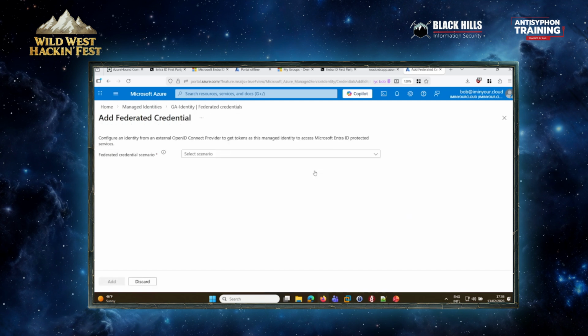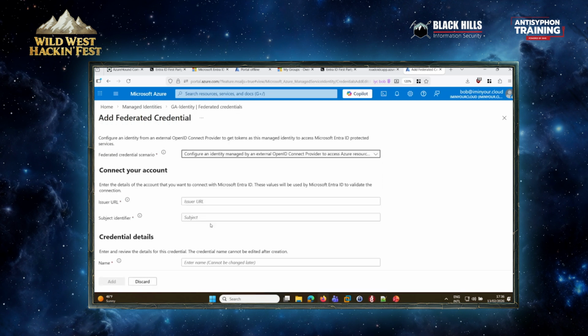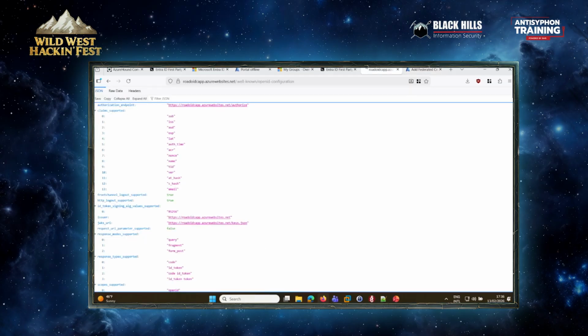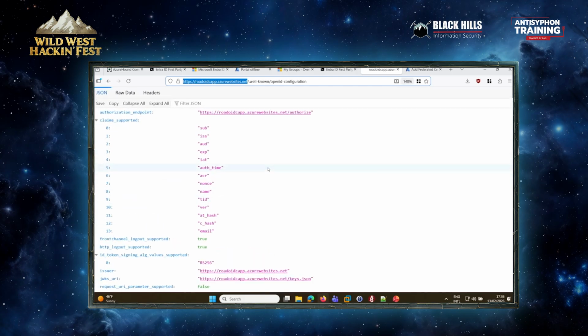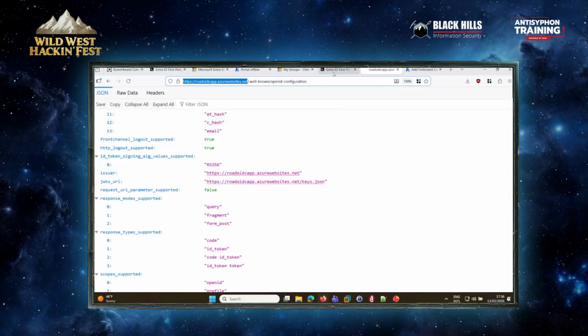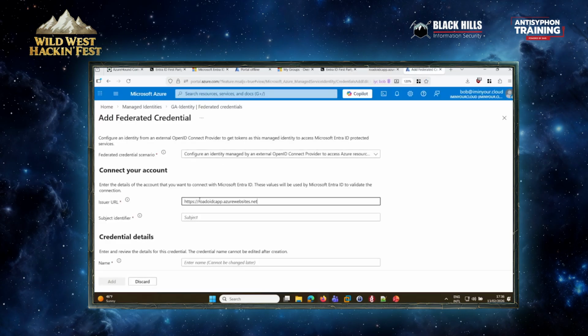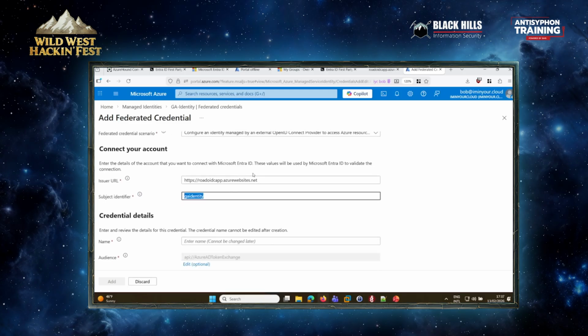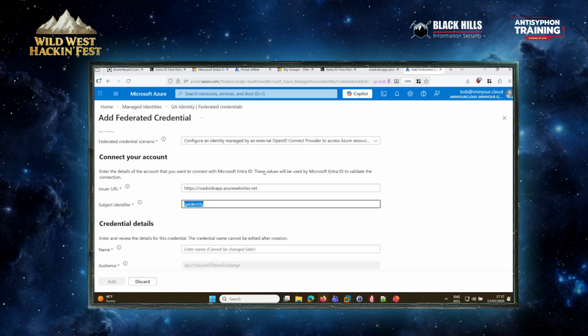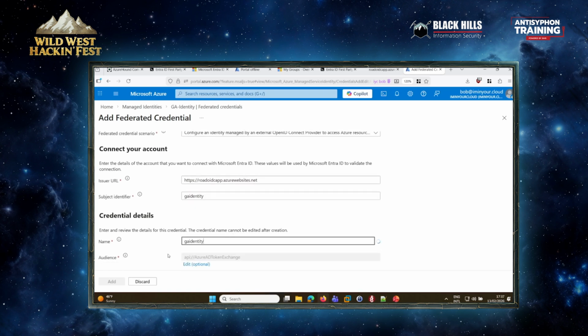And I do happen to have an identity provider available, so that's going to be this one. This is just a very simple federated identity configuration. This is the OpenID config. I have some keys that I can use to sign these things. So I'm going to do that, and the subject is going to be the GA identity. With federated credentials, you're basically saying this identity provider can now authenticate as this identity. Normally you use this in build pipelines or stuff, but I set up my own one. Then I can just authenticate from wherever.